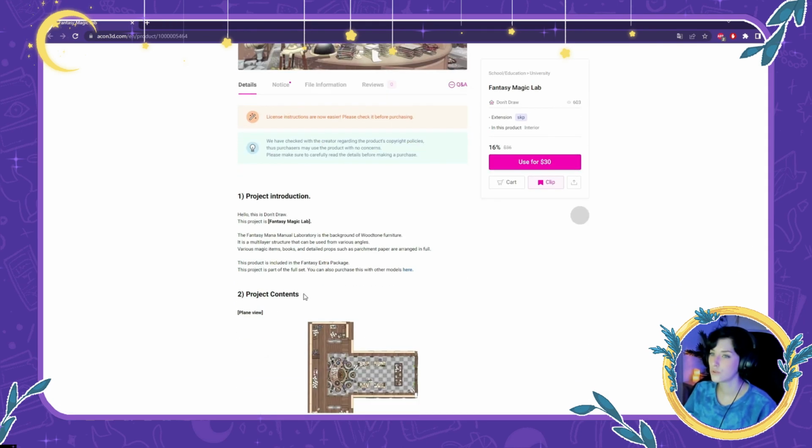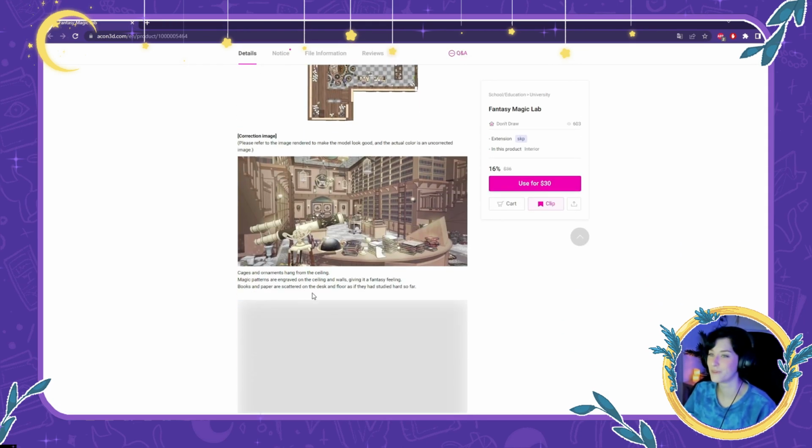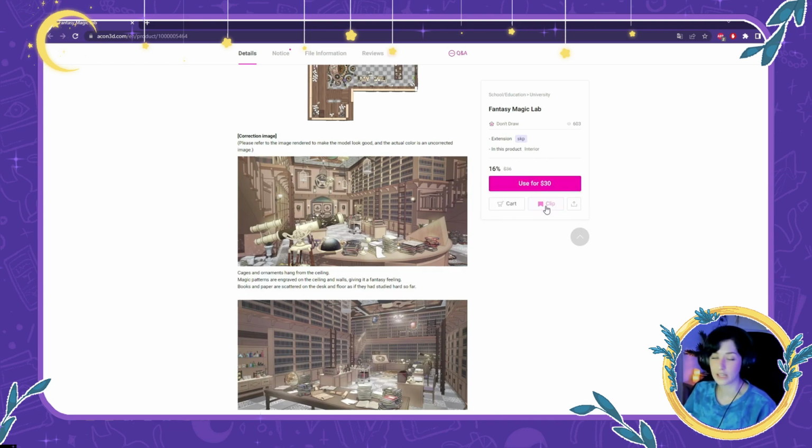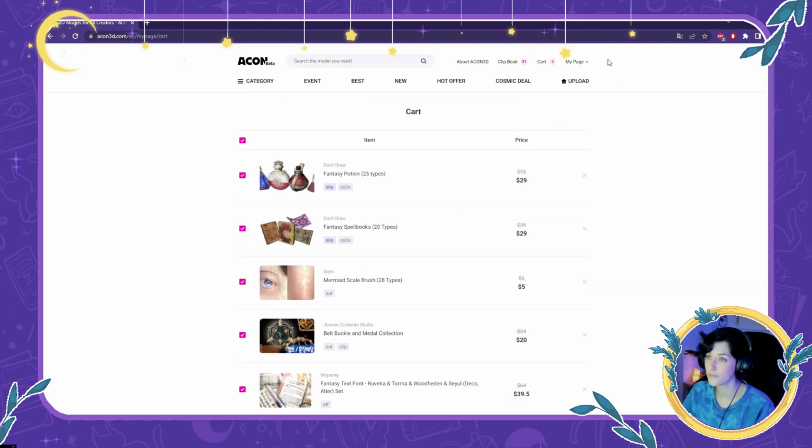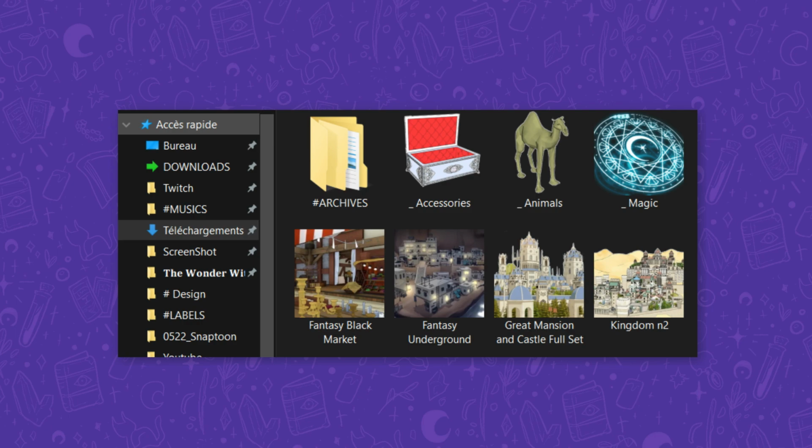So once you fell in love with the model you want, you just want to clip it, so this is like a wish list, or you want to put it in the cart, in the caddie in French. I'm sorry, I'm losing my words. So you want to buy it right now or after. You just have to click on order and follow the instructions, and it will all be fine. I promise, this is not complicated at all.